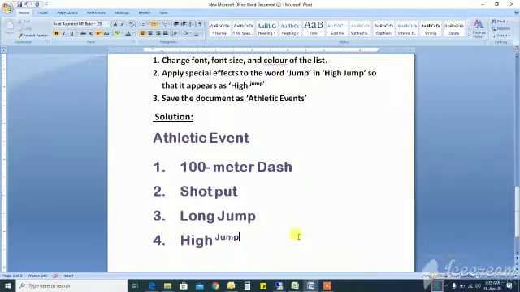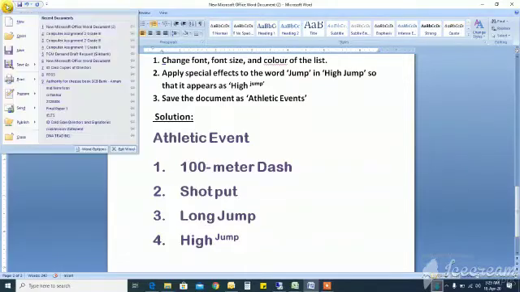So here is the time to save the document as athletic events. You can see we have a quick access toolbar, and our first tool in the quick access toolbar is save, and we have our keyboard shortcut that is also available, Control plus S. We can save it with the help of the keyboard, and we can also click this office button, and we have a save or save as option available. So I click on